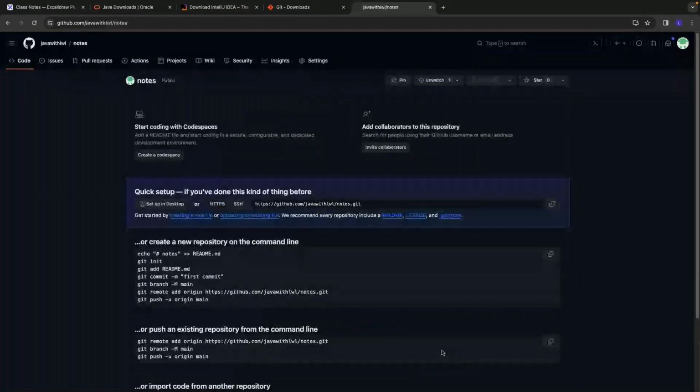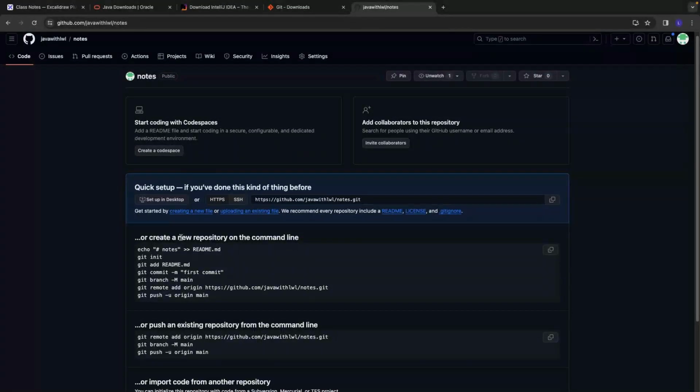Now they are saying that if you are creating a new repository with the command line, you follow these instructions. Apart from that, nothing else they are saying here. So you need to create first an echo. You do this here, README, like this is a notes, you are going to say that here. Okay, I'm executing these steps